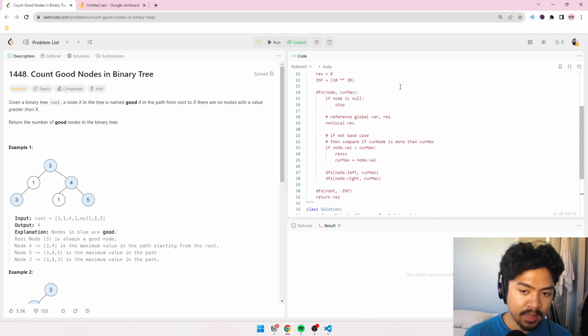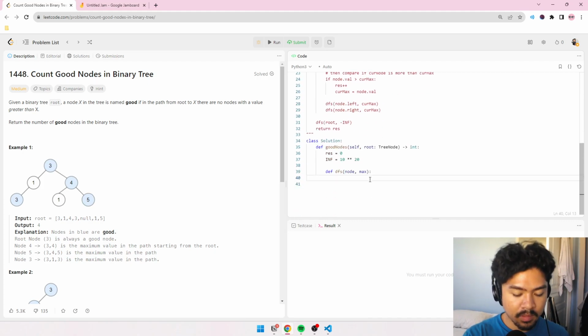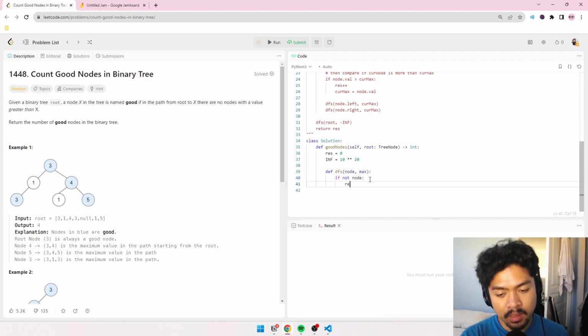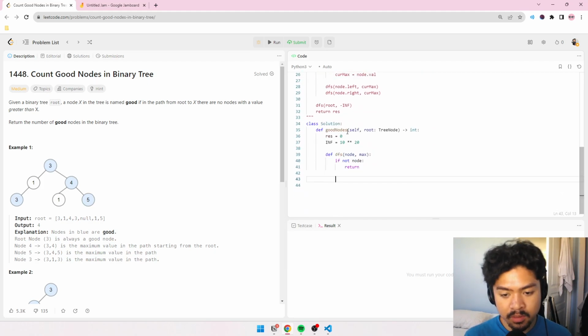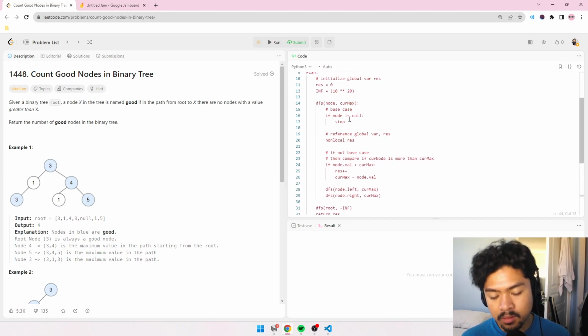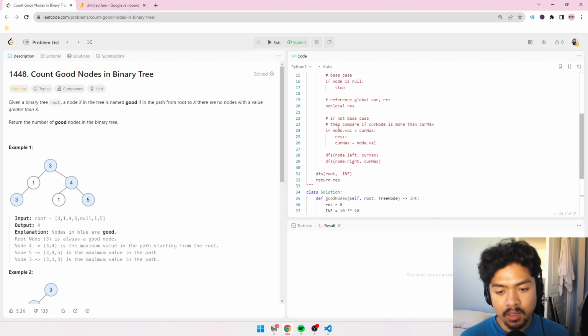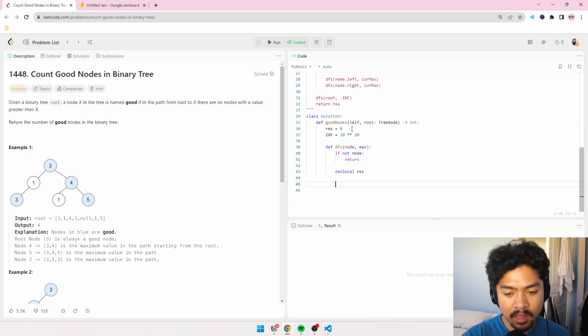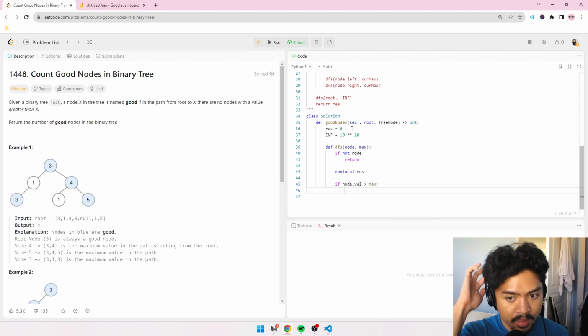And then we have to make our base case, right? So base case: if not node, then just return. And if it doesn't, oh, we also have to reference our global variable. So nonlocal res, because it's nonlocal, it's global. And then if it doesn't go through the base case, we have to compare if the current node value is more than the current max. So if node.val is more than max val, then what we're going to do,